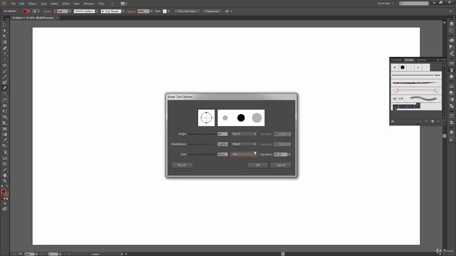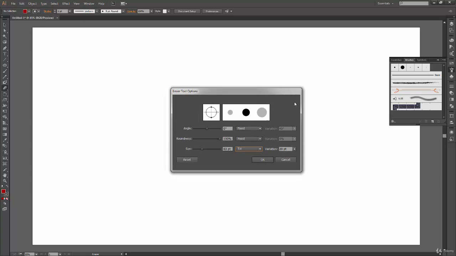Then this tilt is like if you have a pen which has tilt sensitivity, so your size will change according to your pen tilt. So if it is perfectly perpendicular to your screen, then it will have some size. If it is slightly tilted or it is at some different angle, then it will have some other size. So the eraser will have some other size, and a similar thing works with bearing and rotation.